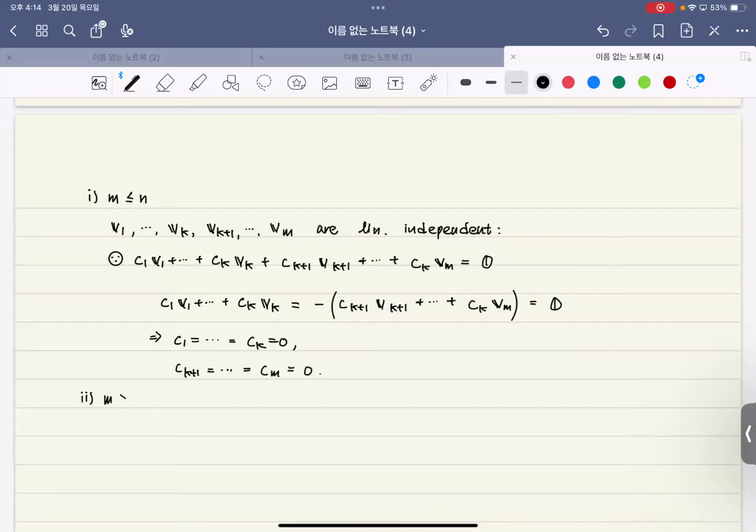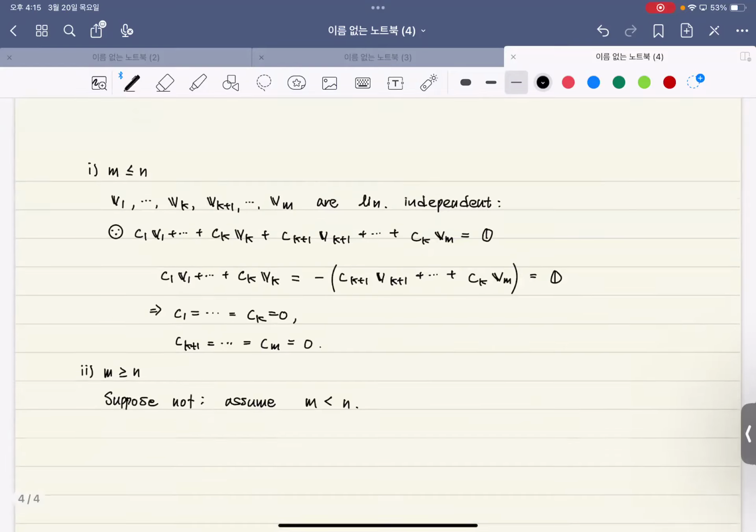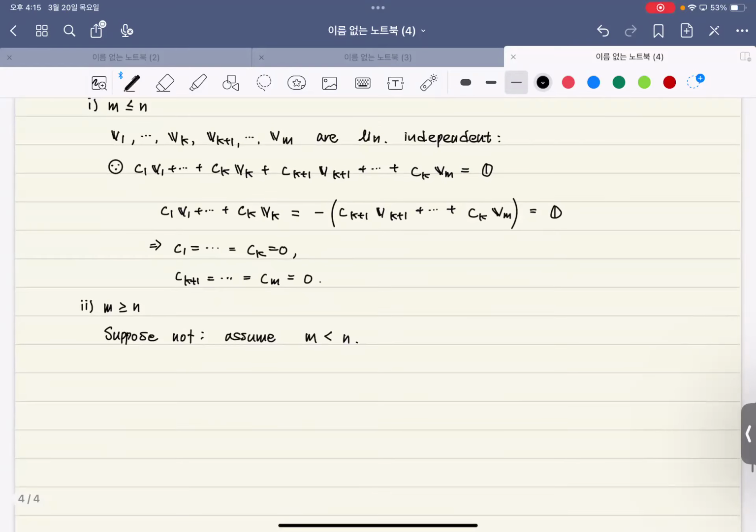Now, the other direction. Now I want to show you that m is greater than or equal to n. How to prove this? I want to provide a contradiction. Suppose not. Let us assume that m is less than n. In order to derive a contradiction,